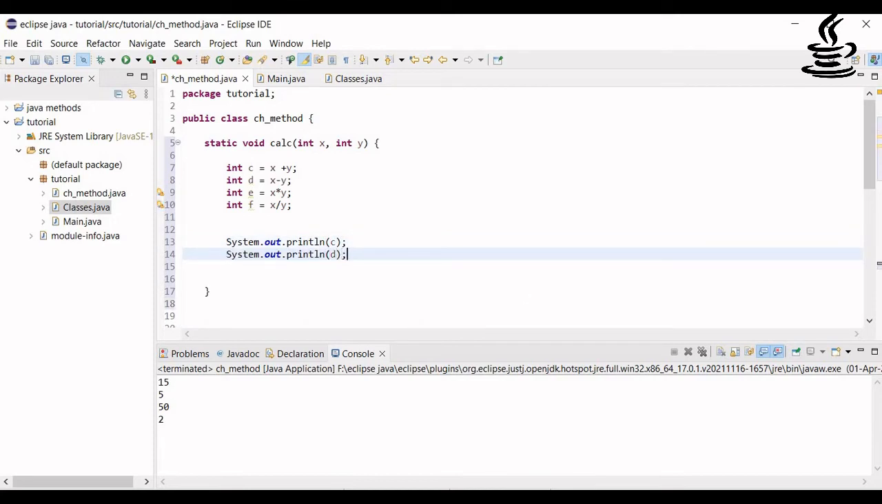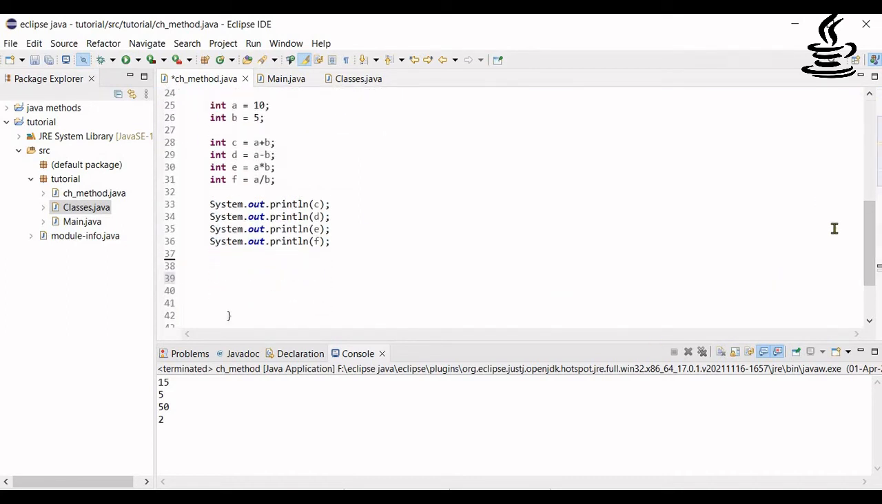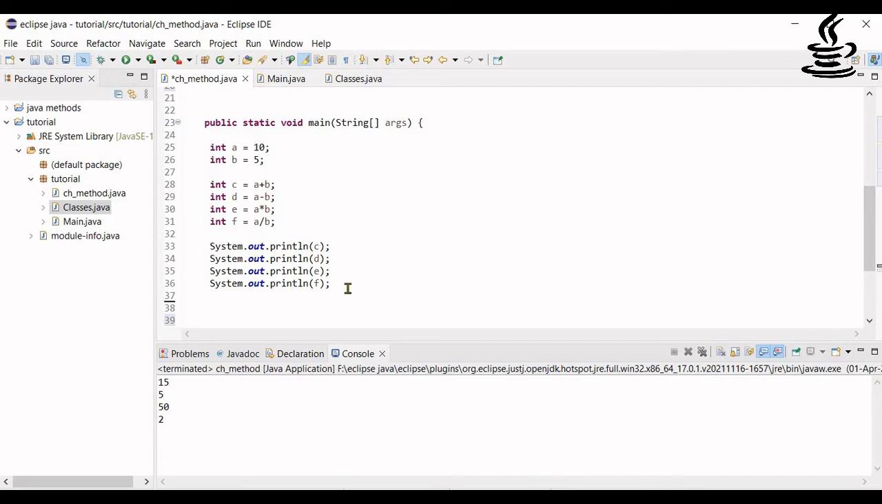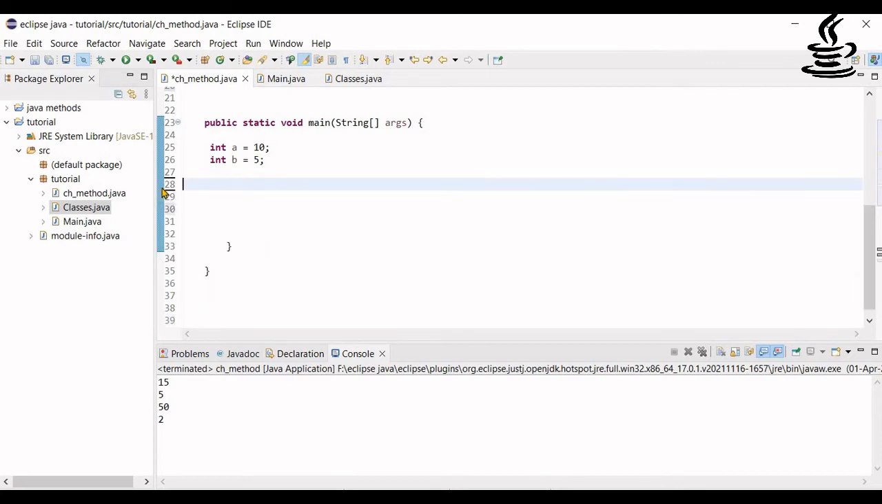So c, d, e and f. So now we can remove all of these values, and now if we have to perform the same operation on int a and b, that is 10 and 5,